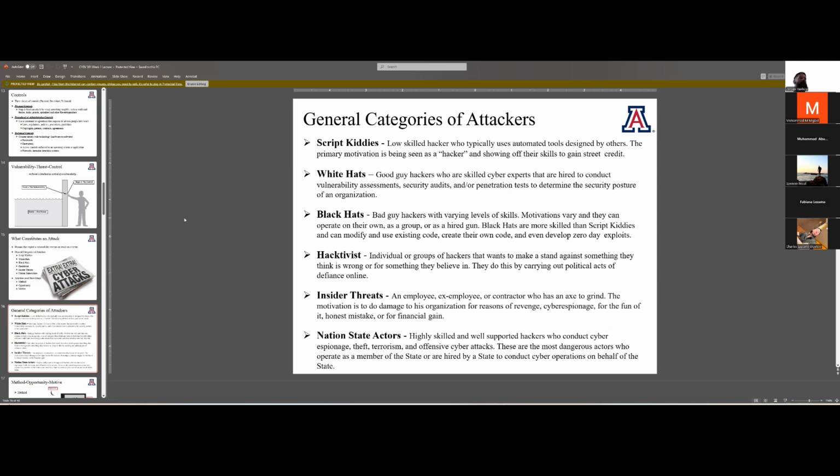Then we have black hats, right? Black hats are more sophisticated than script kiddies, but black hats also have a wide spectrum, right? From barely being above script kiddie all the way to being incredibly advanced, crafting your own malware, having your own identity or brand on the dark web, right? But ultimately, black hats are able to cause some serious damage. Malicious guys. Next, you have hacktivists. They're not necessarily trying to break things, but they're usually trying to push political agendas.